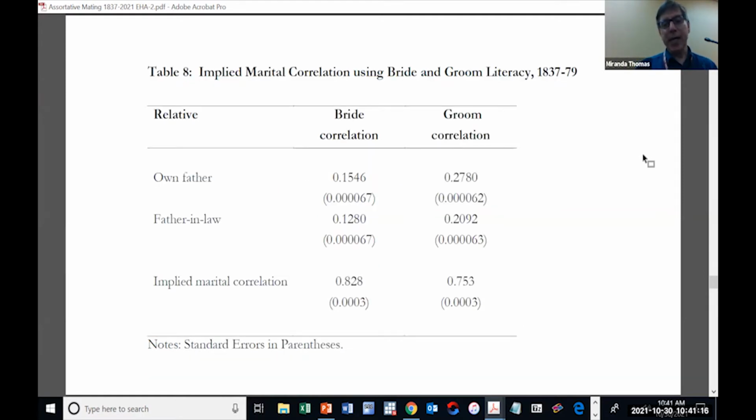And so when we do that estimate, what we find is that the bride's correlation, literacy to occupation, is actually even stronger than the groom's correlation to the father-in-law. We would like those measures to be identical. They're both high, but they're not identical. But there's definitely no evidence of the asymmetry that we would expect to observe if the groom is matching to the father-in-law, because then the bride to the father should actually have a much weaker connection if that was the way the connection was occurring.